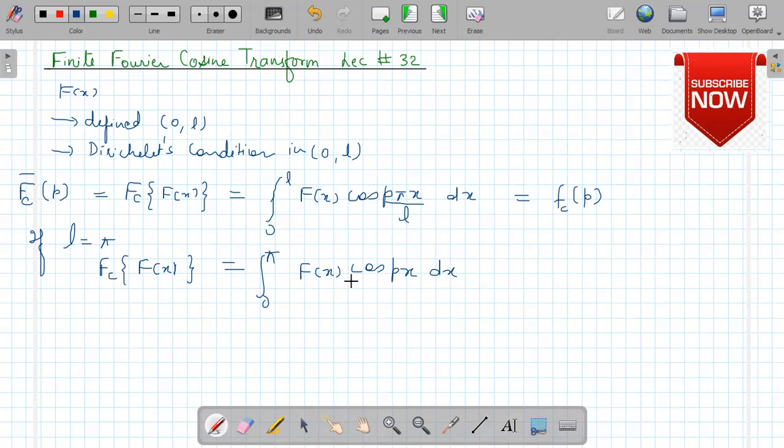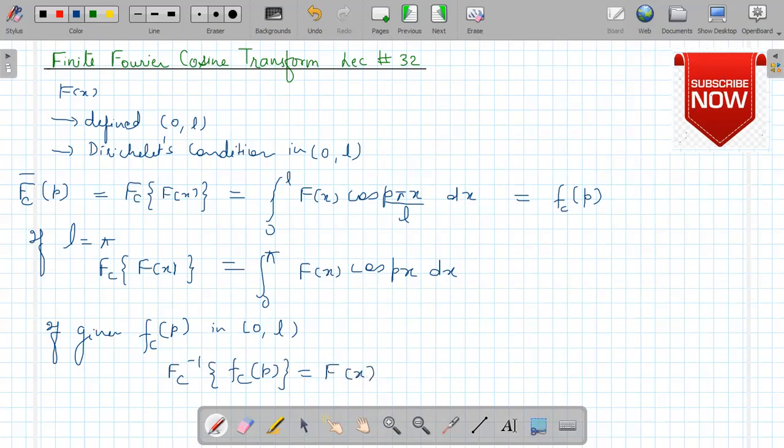If we are given this function Fc(p) in the interval 0 to L, then we can define its inverse finite Fourier cosine transform, which is equal to Fc inverse of Fc(p), which is equal to